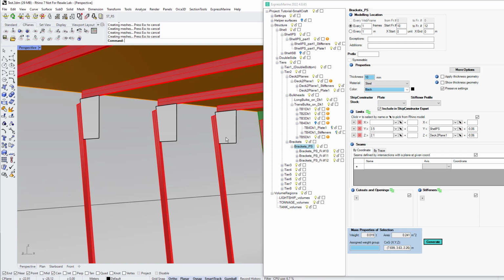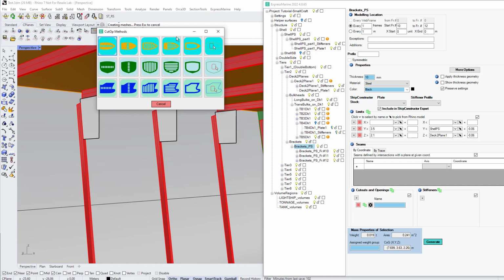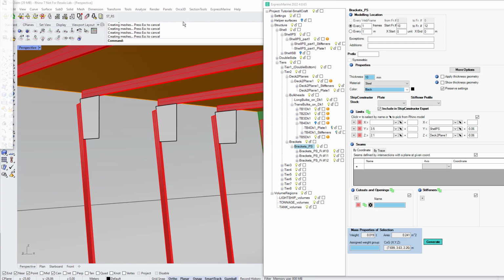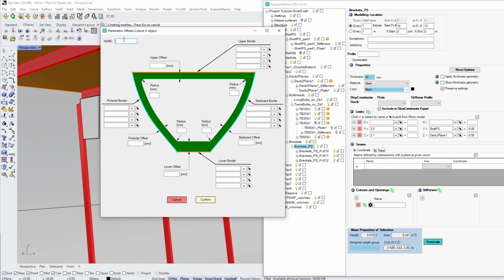Then the next step, I want to use some openings to get these more like the way I want to have them. So I will add one opening to create a radius here and a radius here by defining two openings, and I'll show you how to do it. I'll start with the first one. I go down to cutouts and openings and click plus, and from the templates I'm going to select this type of one big opening, and in here I'm going to call this